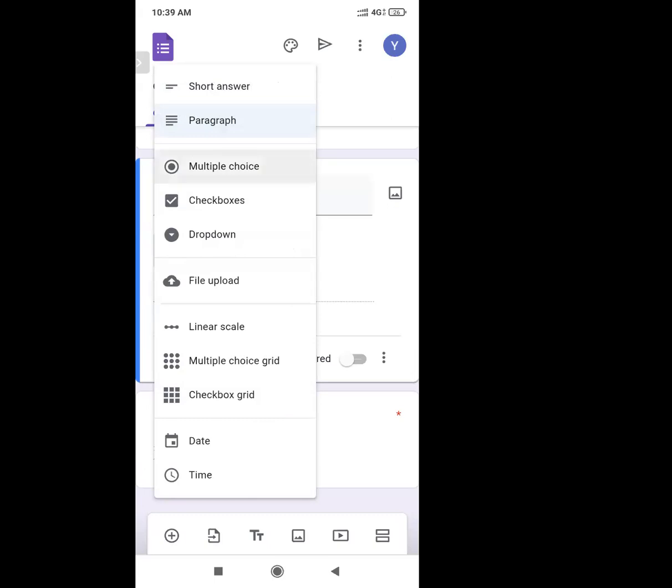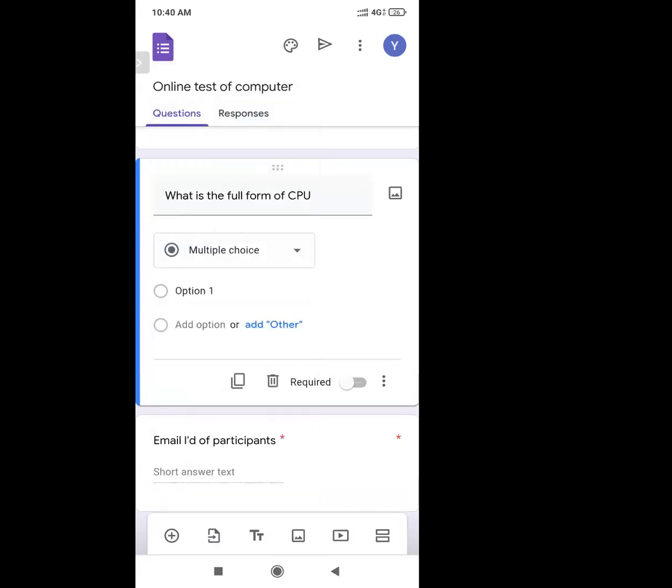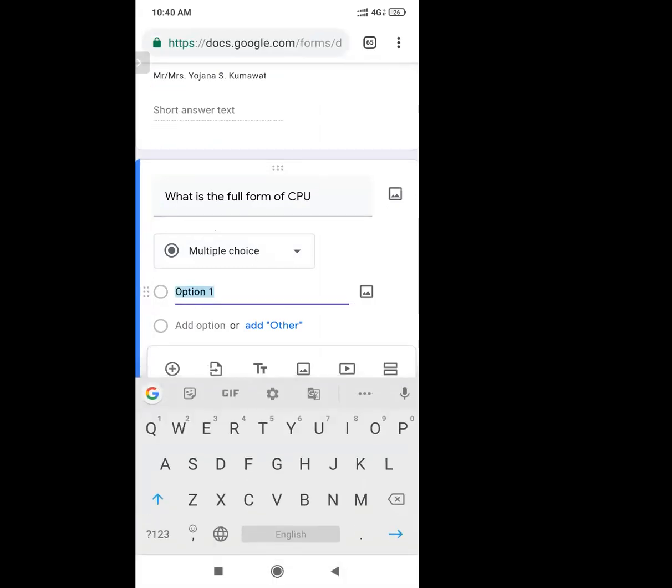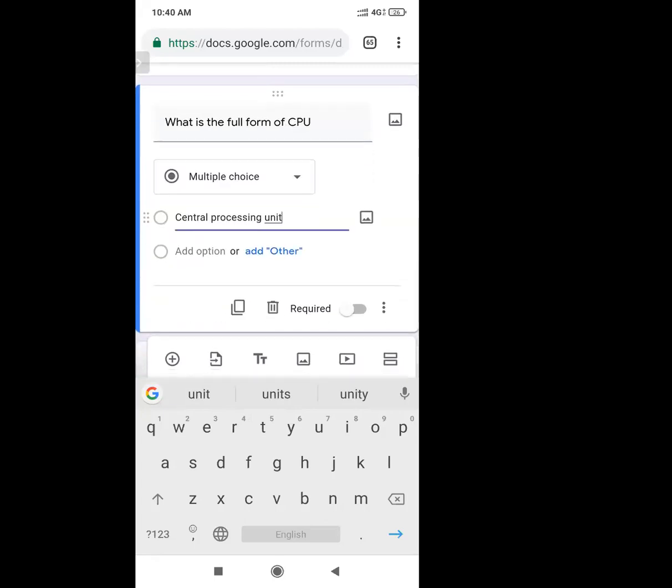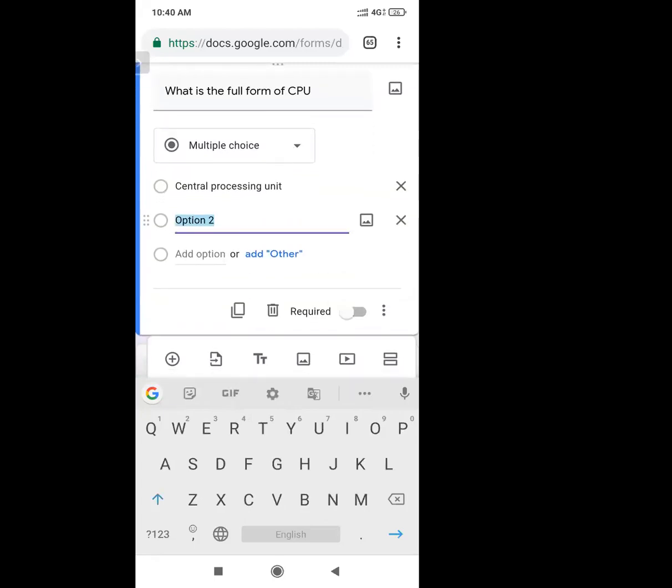Next is multiple choice. You can add 3, 4 options for this question. Suppose option 1 is central processing unit. Second, suppose, central operating unit.